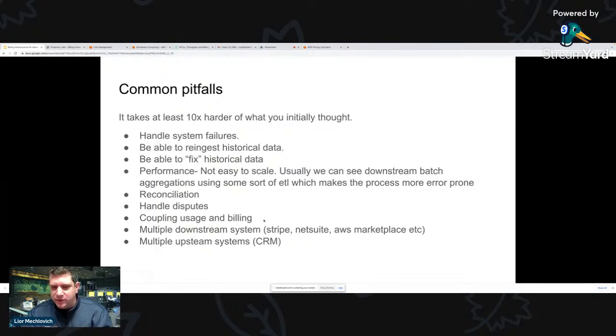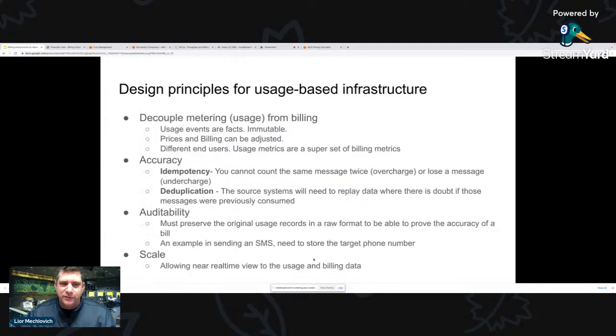So it's really important to differentiate the two models: engineering that handles metering and usage, and products, sales, and finance that handle billing data. Two different systems, two different repositories, in a way, that look at different things, and very important to define. Multiple downstream systems: we saw Stripe, but in the real world, you're feeding it into multiple places, your own data warehouse, NetSuite, Database Marketplace, and so on. And there can also be upstream systems, so how you define those customers, what the plans are, which promotions, all this kind of stuff. So that's really the heart of that.